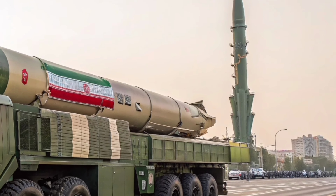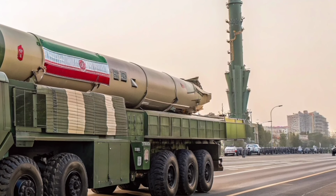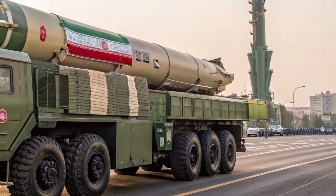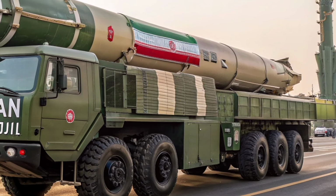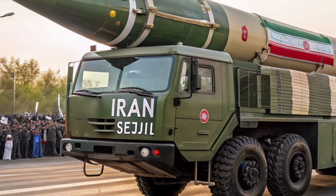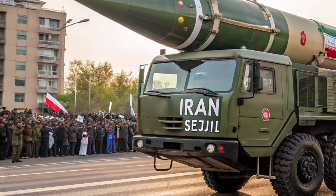When the Sejjil missile was first unveiled in 2008, the defense community across the world took notice. Unlike many of Iran's earlier missiles, which were liquid-fueled, the Sejjil marked a dramatic step forward. It used solid fuel propulsion. That one change changed everything. Solid fuel missiles are more efficient, require less preparation time, and can be launched faster, which makes them highly effective